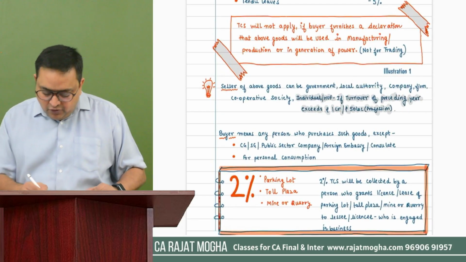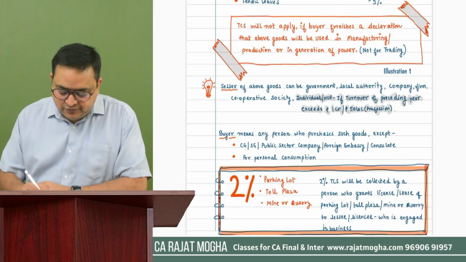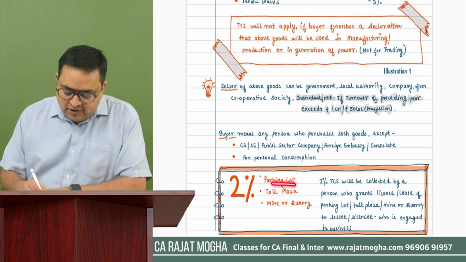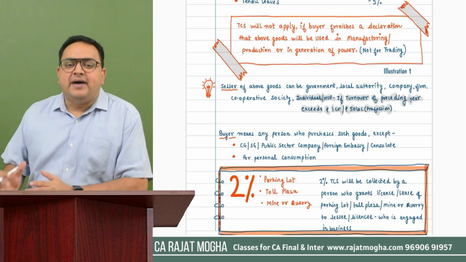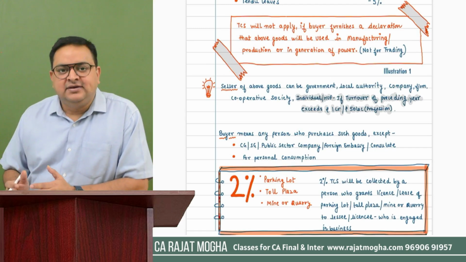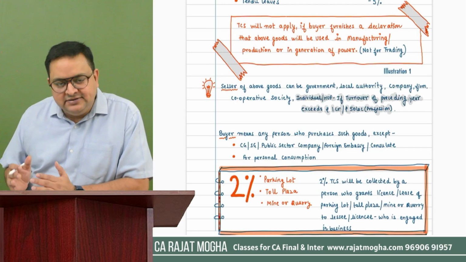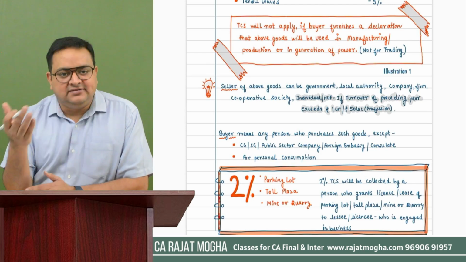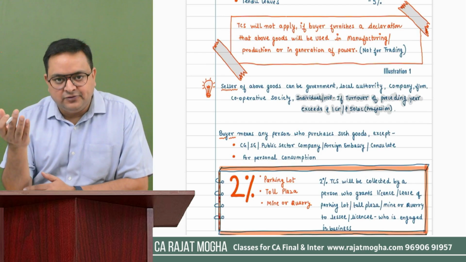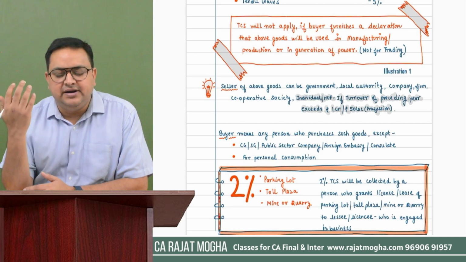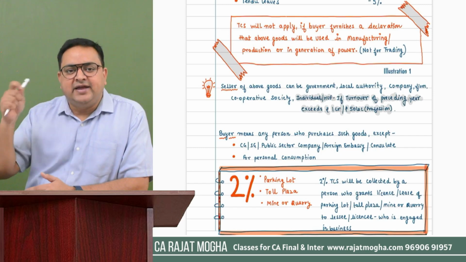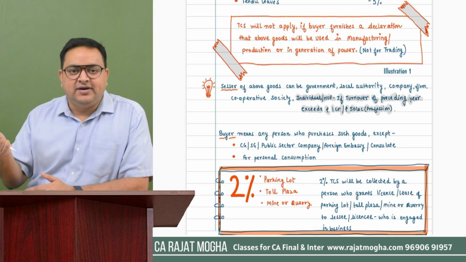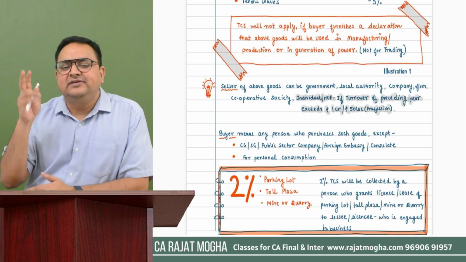Also, TCS applies on such services also. 2% TCS will apply on parking lot whenever you give a parking lot to someone, or toll plaza to someone, or mines and quarries to someone. Let me take the example of mines. These mines are generally owned by government. So government gives license to various companies, to various industries, so that they can extract coal or other minerals from that particular mine. Whenever government gives license or gives these mines on lease to someone, they will be collecting the money. They will be collecting 2% extra of TCS.